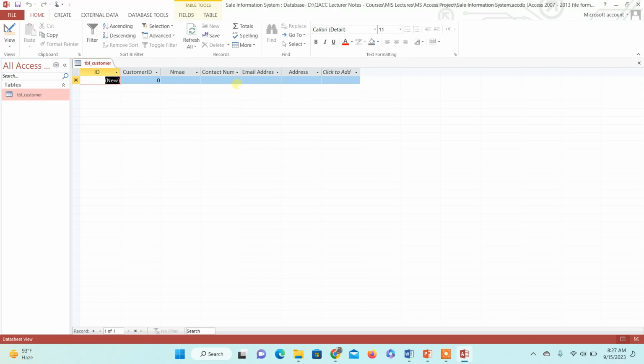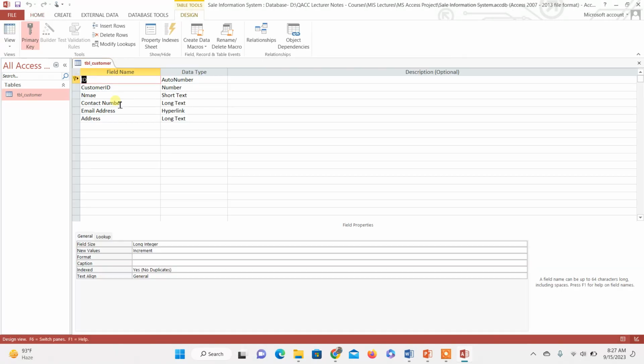So it has created this table for me, which is blank yet, and we have not entered the data, and we can directly enter the data here as well. But here one ID is entered by the system automatically, so I want to delete this one. So how can I edit this table which I have created? I will right click over here and go to Design, and I want to delete this attribute which is automatically entered by the system for the primary key. I am deleting it,